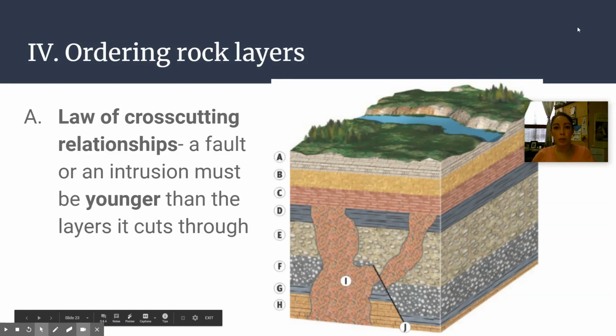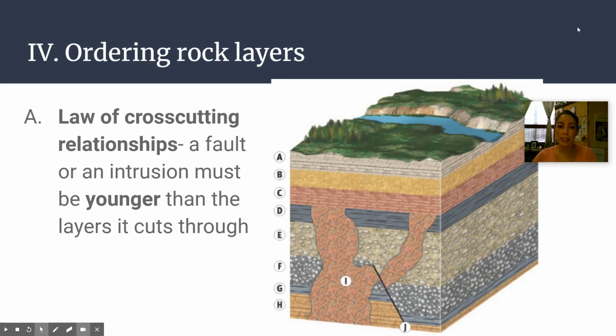Okay, so now we're going to put these rock layers in order just by seeing what we see and knowing the clues that we know. We know superposition: youngest on top, oldest on bottom. We now know cross-cutting relationships: stuff that cuts through rock has to be younger than the thing it's cutting through. So in order to put these rock layers in their correct order,